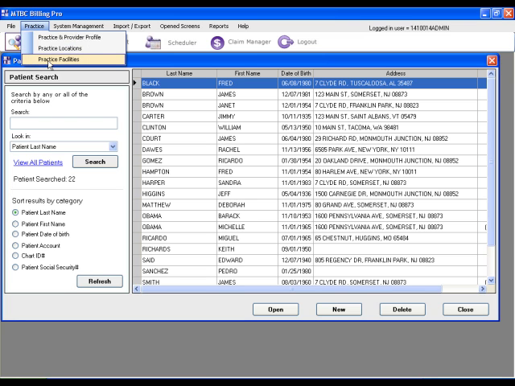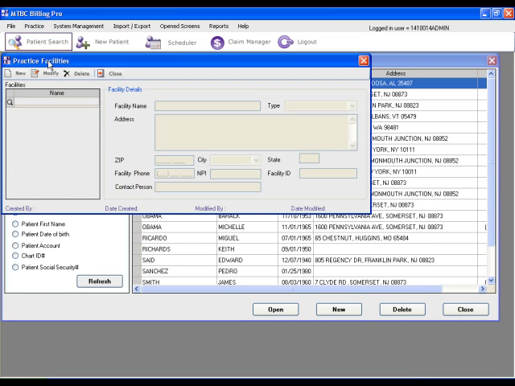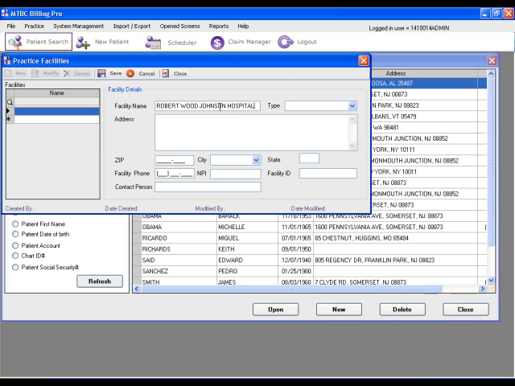Also under the Practice tab, we have the ability to enter facilities. When we go to Practice Facilities, we can click on New to create a new facility. So let's say we're going to create Robert Wood Johnson Hospital. And here we can say what type of facility it is. It's a hospital. We can put in the address, the facility phone number, the NPI, the facility ID, and the contact person,